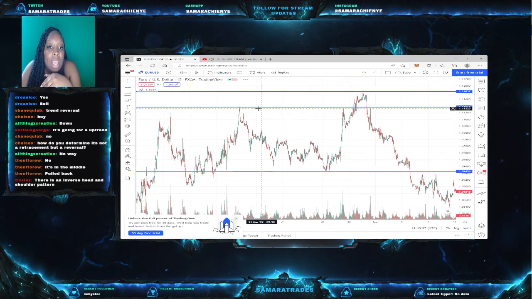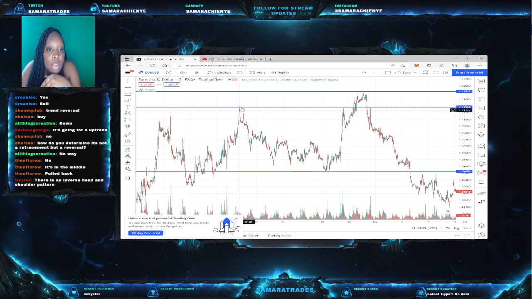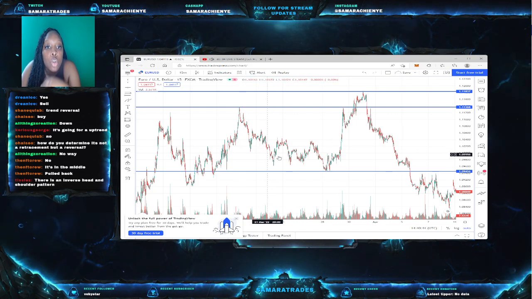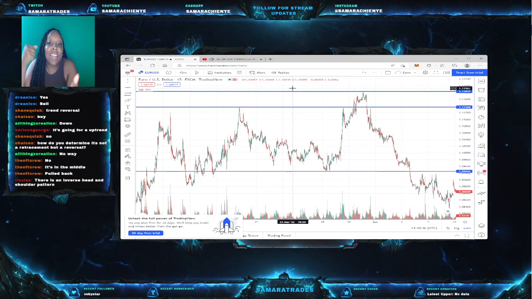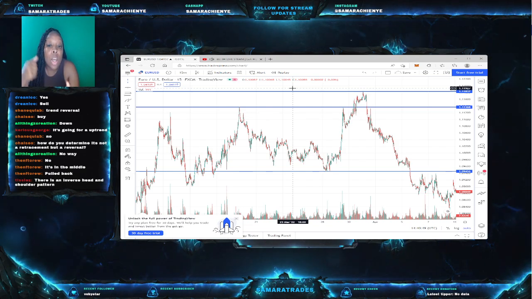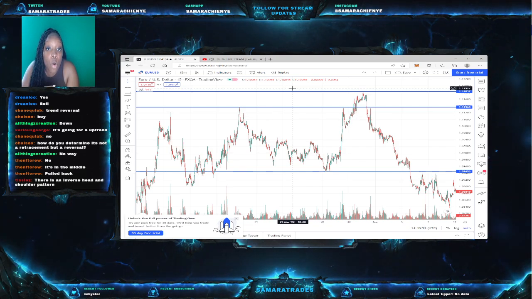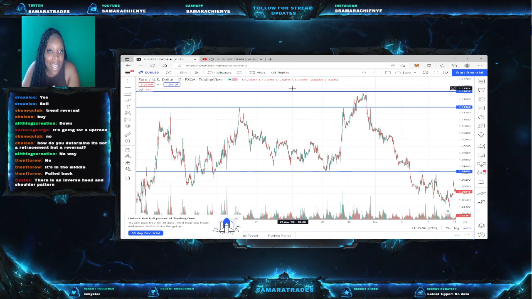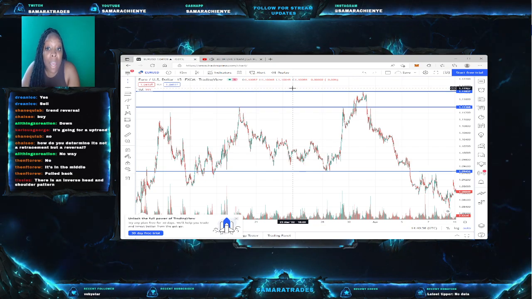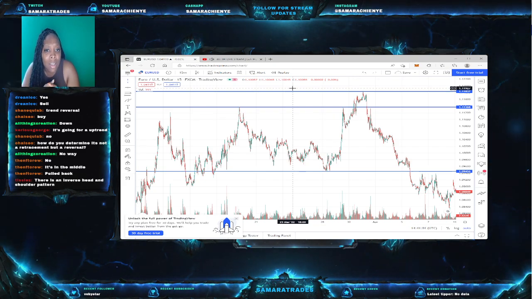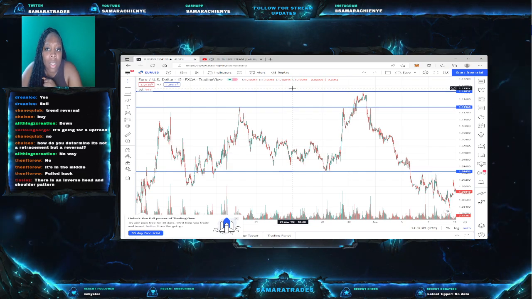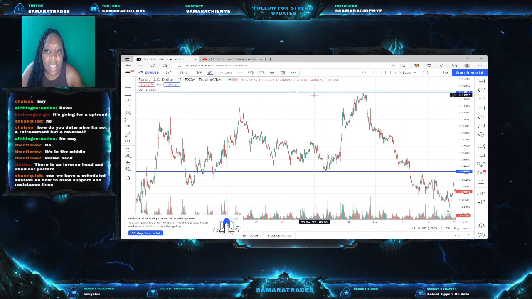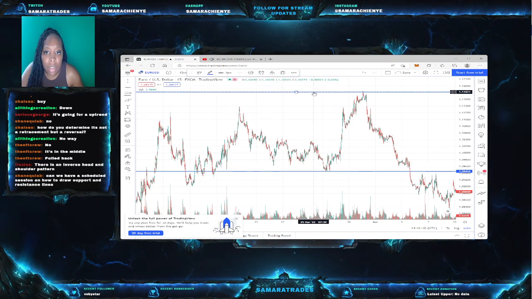So that's what I mean. Anytime it hits your support line or your resistance line, so this is your resistance line, anytime it hits your resistance line and shoots back down, you know for a fact that the market is pushing the candles to go down. We don't know how long of a downtrend it wants to go for, but it does not want to surpass our support or our resistance line, vice versa, if that makes sense. Hopefully that makes sense, guys. I'm just trying to make it as basic and as easy for y'all to understand, okay?